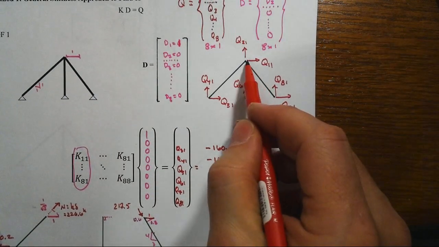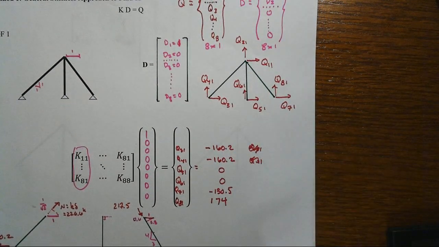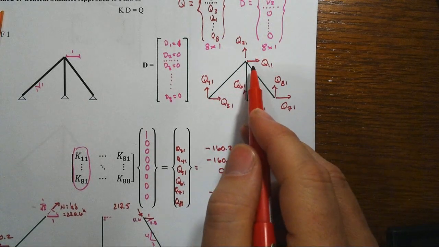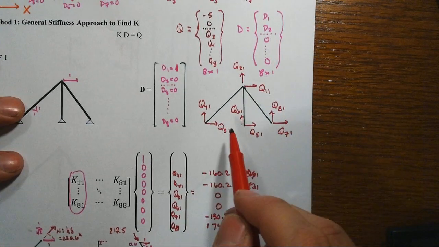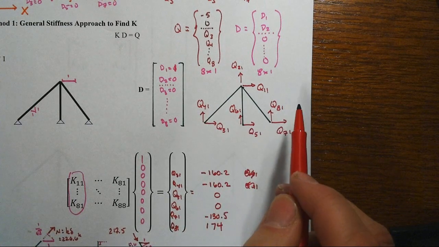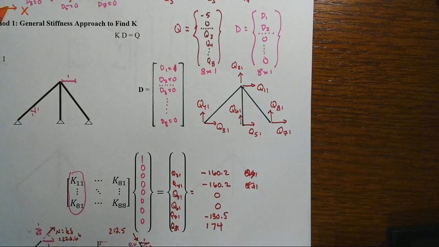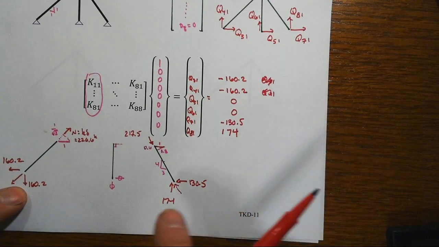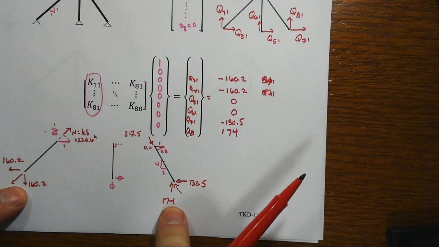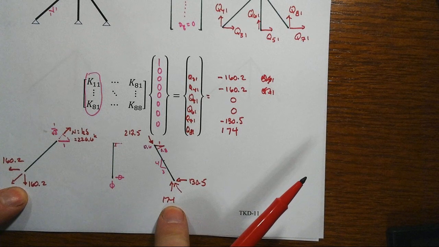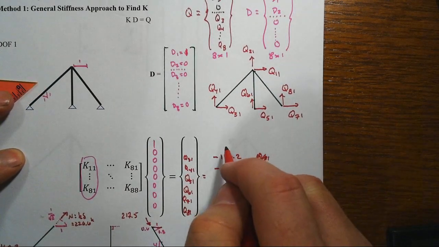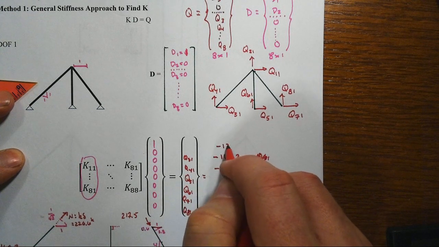Right, in the last two then, well gee, okay, that involves all of these, but note that's just the equilibrium of everything, right? That Q21 has to be what's left over of the sum of these other four, and so that's not too bad to do. We've got a downwards 160.2 here, and upwards 174, the net being a 13.8 that has to go downwards there, so Q21 is going to be downwards 13.8,